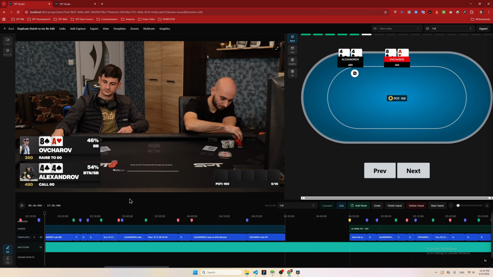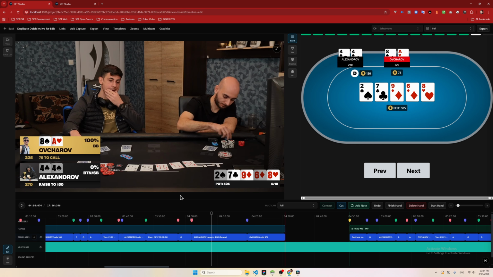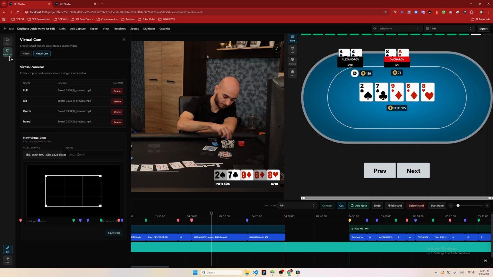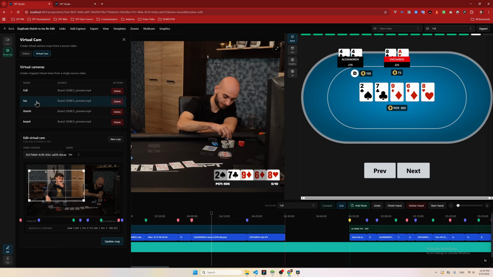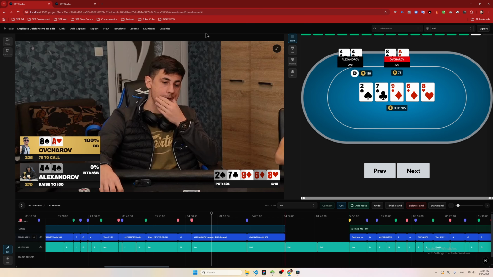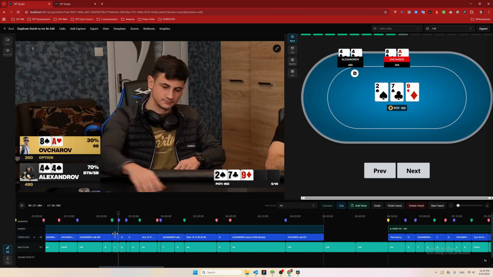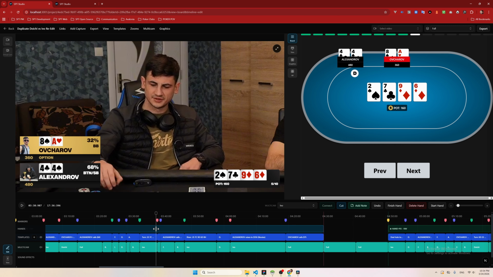An extra touch we can add here is the multicam option. In this case we just used a single camera to capture the players, but still we can do some virtual cameras here which could come in handy. For that we have the virtual crop, which has the highlight of each player and the board, and with a few clicks of a button we can cut the actions and go to each player as it starts,